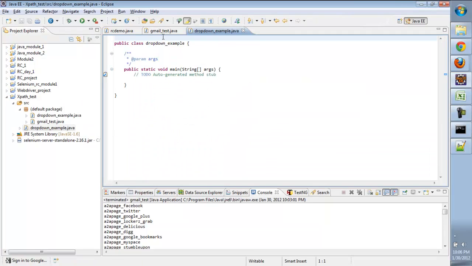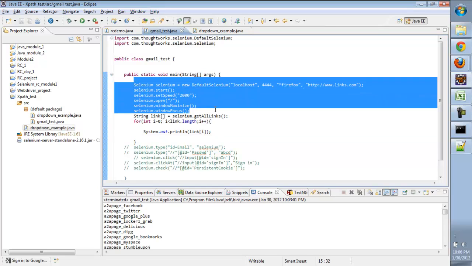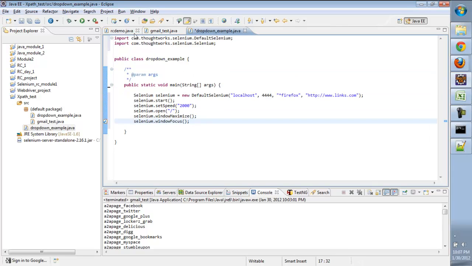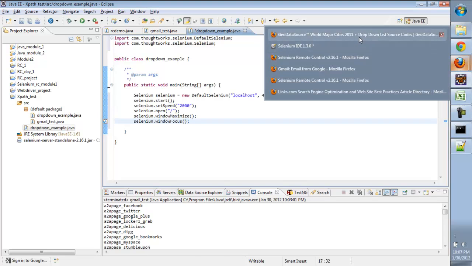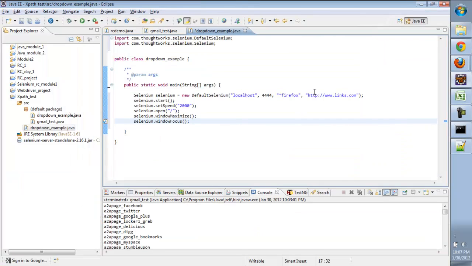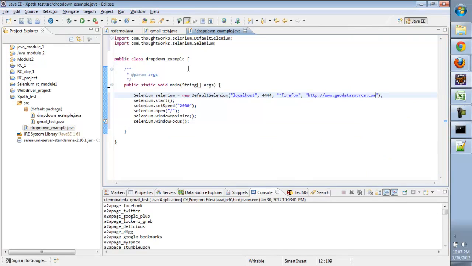So I'll copy all these commands from here and I'll change the website name, then I'll give the sub page name over here,